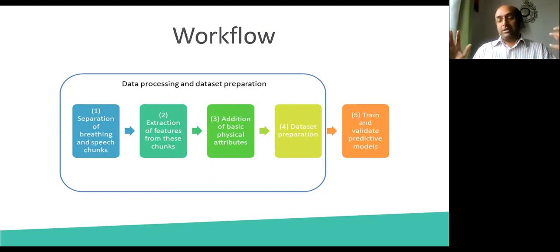We train the machine or the technique, and then we try to validate. The way we normally do it, if we have a data set, we divide it in two-thirds and one-third. We take two-thirds for training, and one-third we keep absolutely hidden from our training. So it's an unseen data set: we train on the two-thirds training set and then try to validate on the test set. So that's in a nutshell what we have done in our work.